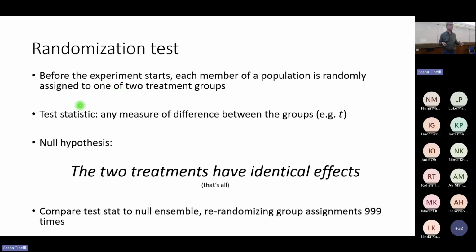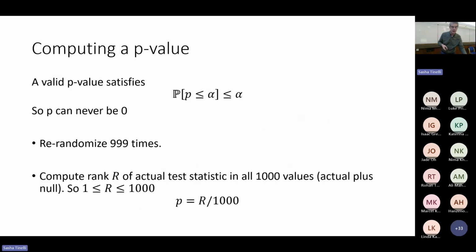So the classical randomization test: you divide the population into two groups, control or treatment. You measure a test statistic, which is any measure of difference between the groups. It could be t, it could be something else. And the null hypothesis is that the treatments have identical effects. The way you test your statistic is you compute your test statistic, and then you make a null ensemble by regenerating the randomization of the subjects into the control and treatment group 999 times, and you get your p-value as the rank of the actual test statistic within the 1,000 values of the actual one plus the 999 randomizations. So the p-value is somewhere between 0.001 and 1, and it satisfies this formula,